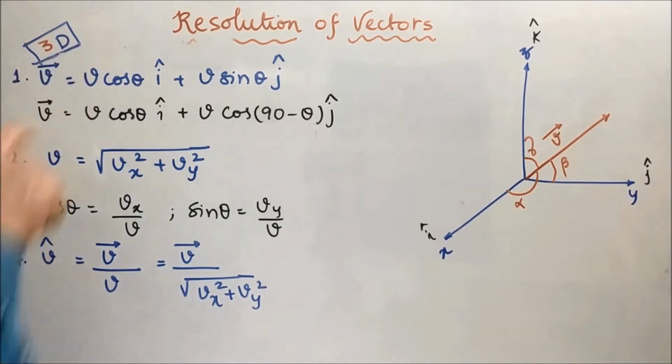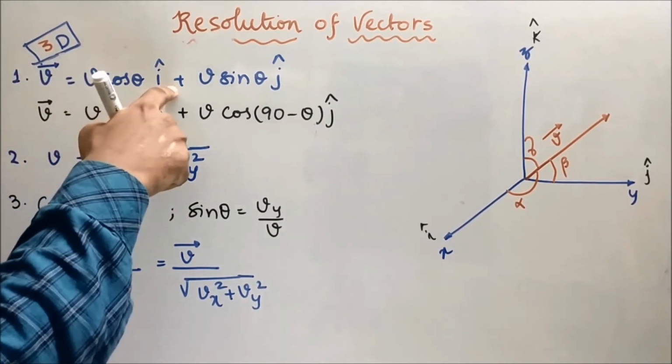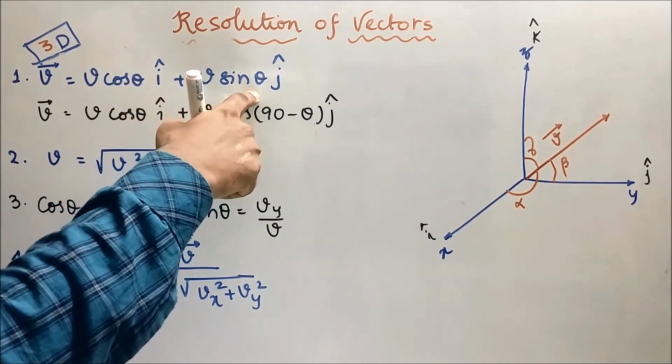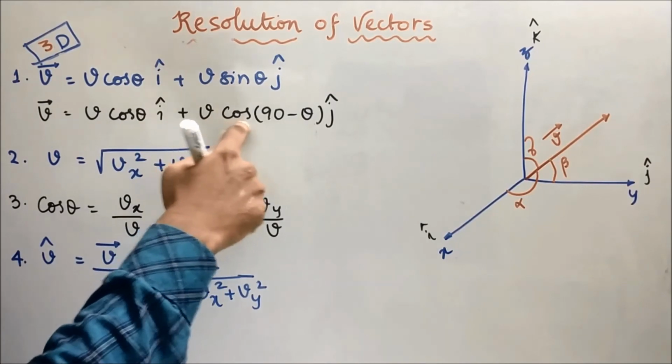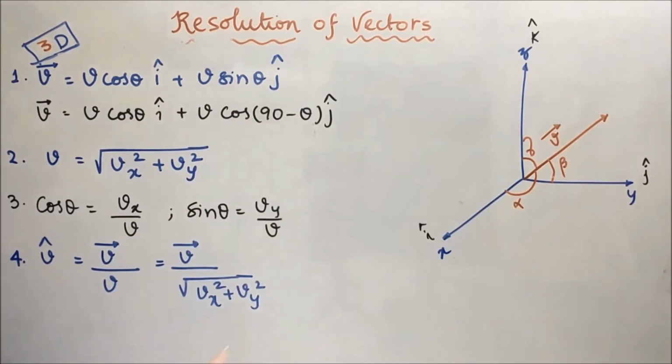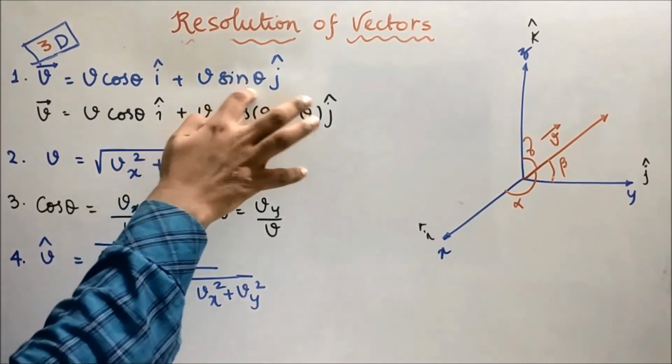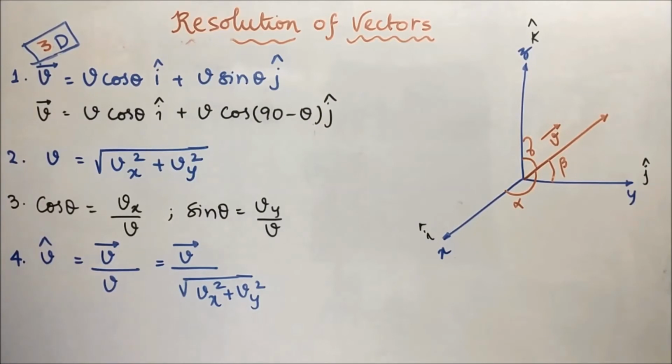If it is 2D, then we'll write v cos theta i cap plus v sin theta j cap. Now see here, sin theta can be written as cos of 90 minus theta. Here we are given each angle corresponding to each axis. Therefore, no need to write in terms of sine. All terms we can write in terms of cos. So I can write v is equal to,